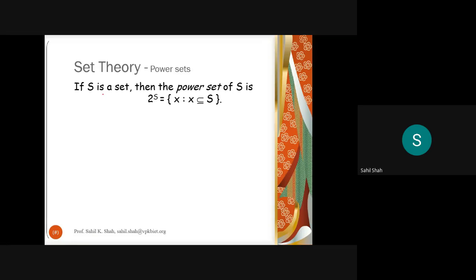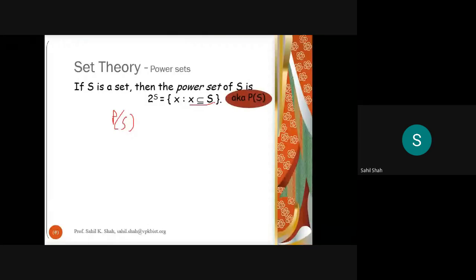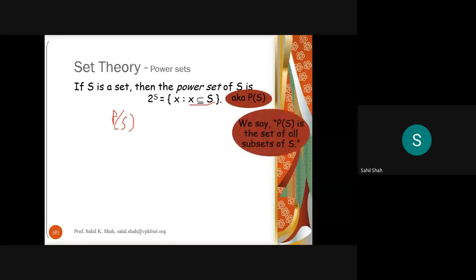If S is a set, then the power set of S is 2 raised to S. We are saying it as P of S. It will be all possible subsets of S, nothing else. Also known as PS. PS is the set of all subsets of S. S equal to A. Then